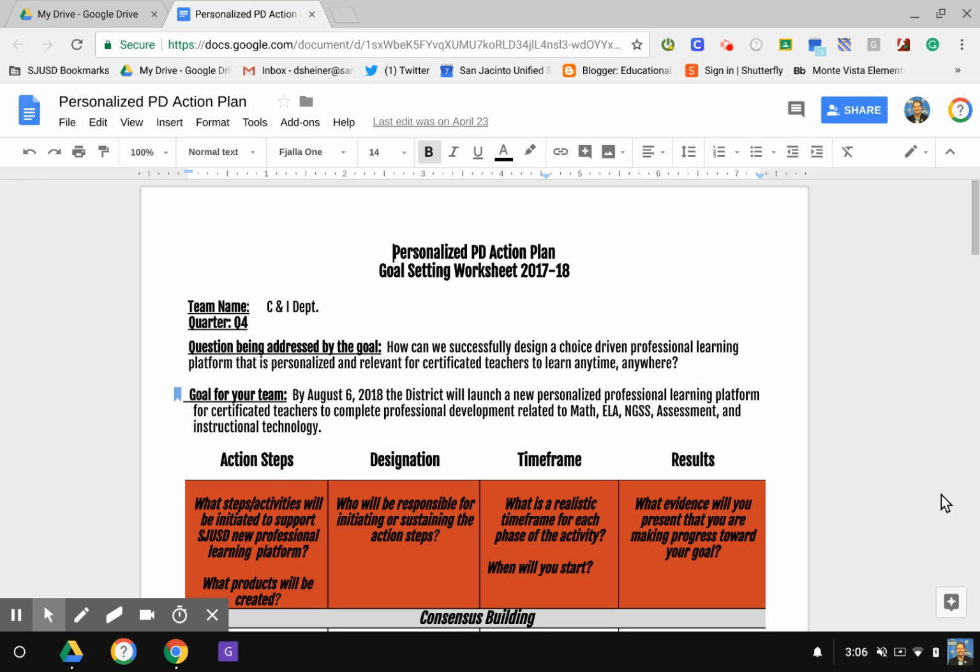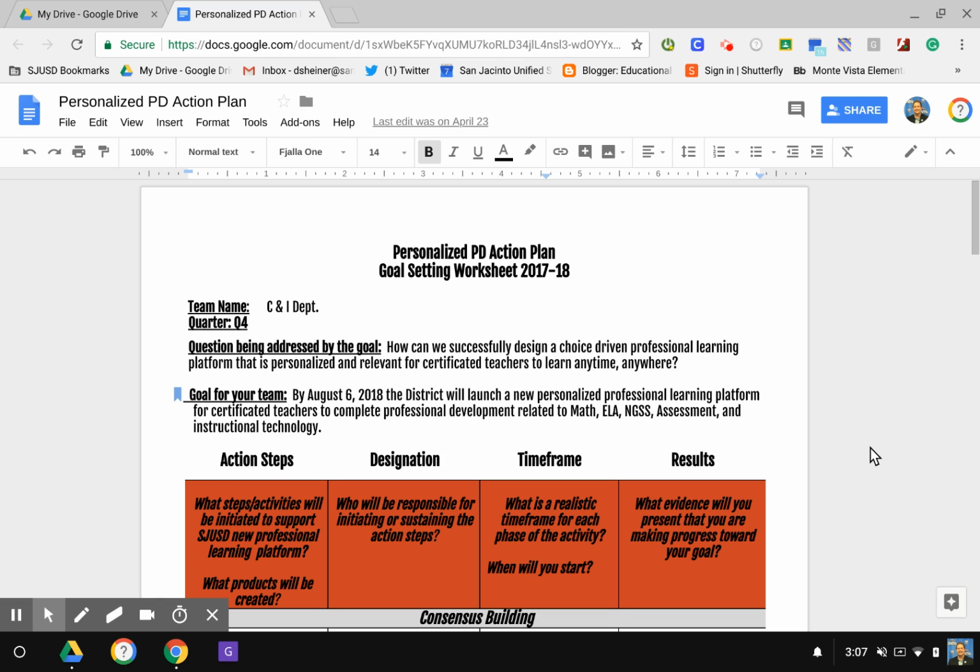So I have a Google Doc up right now, and from my understanding, what you'd like to do is use a template and share that template with other teachers. So let's just say this action plan that's up on my screen right now is a template that I'm using. What I would recommend doing, if this is a template that's going to be standardized and used for multiple teachers,